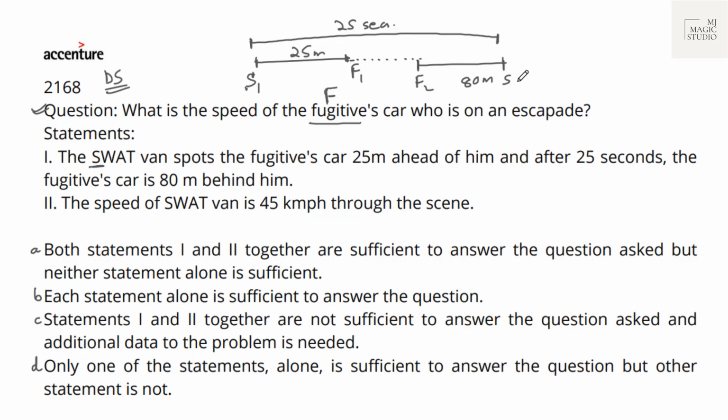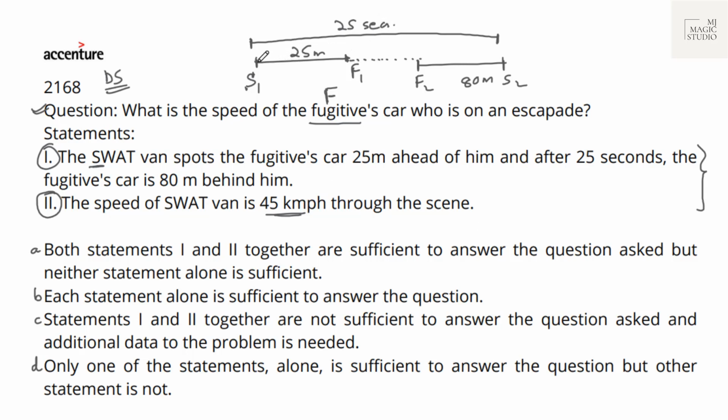SWAT car has moved from S1 to S2. This distance is missing. That means with statement 1 alone, we can't find the speed of the car driven by this fugitive. Statement 2 says the speed of SWAT van is 45 km per hour throughout the scene. But with statement 2 alone, we can't find the speed of F car. Now, if I combine these two,